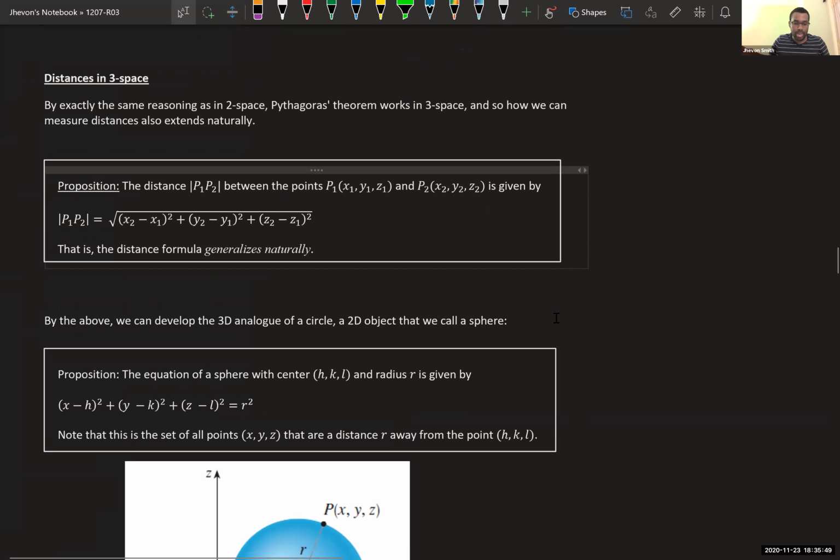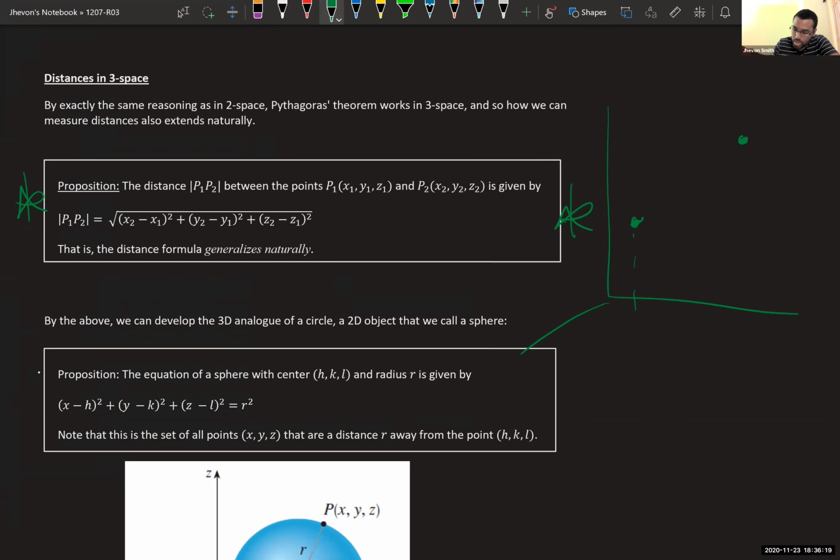So now let's talk about spheres. To talk about spheres, we first have to know the notion of distance. The notion of distance is very analogous. This is one of the things that do generalize nicely: the distance formula looks pretty much the same. You just take the difference in each coordinate, you square it, you add them all together, you take the square root. And that's because when you're finding the distance between 2 points,